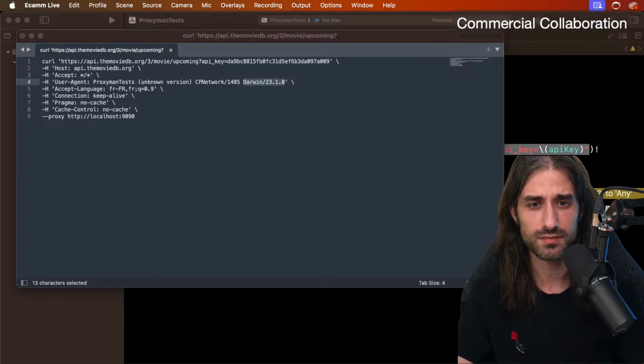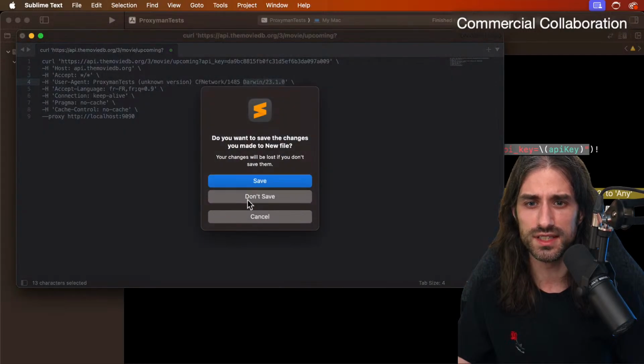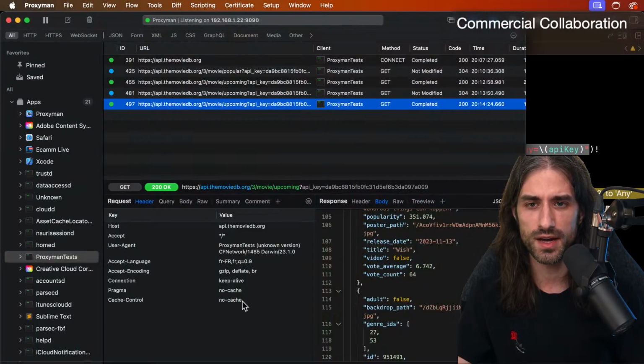unexpected things. And I see also that this cURL can be very useful for automated testing. That's true, it's more for testing the API than the app itself, but that's a way for your backend team to write end-to-end tests that call the API in the exact same way as the actual client app would do it. So let me close this window and let me go back to Proxyman, because there is another